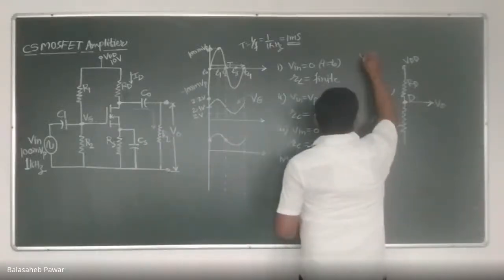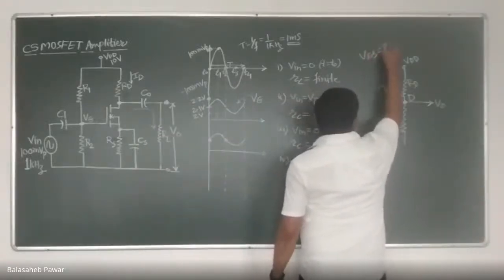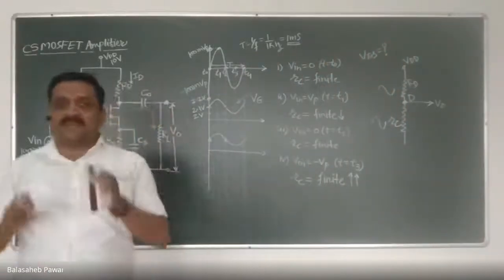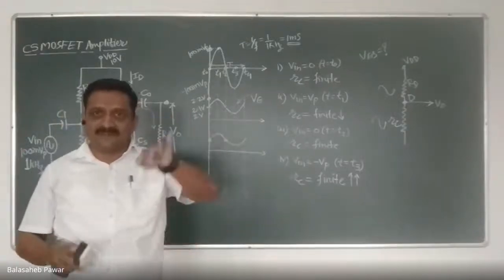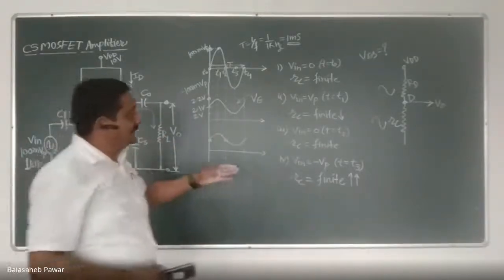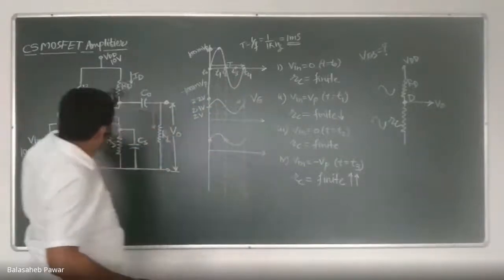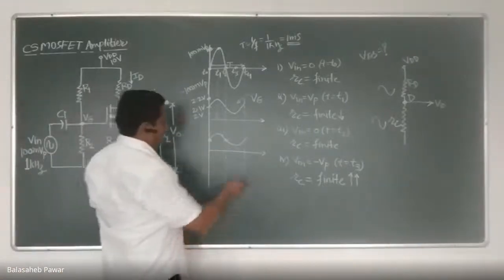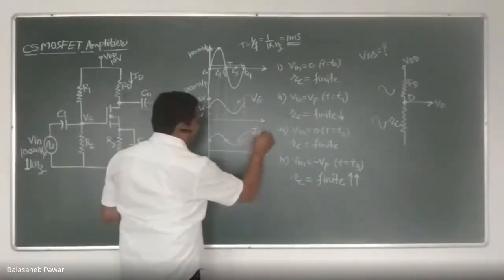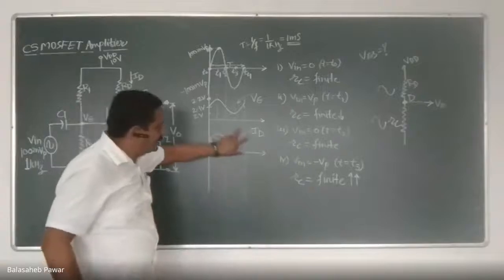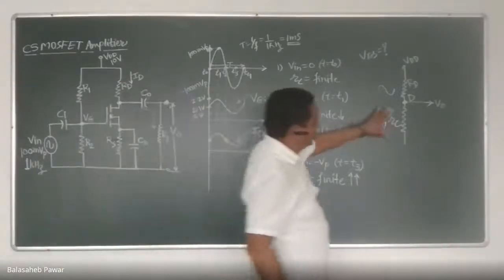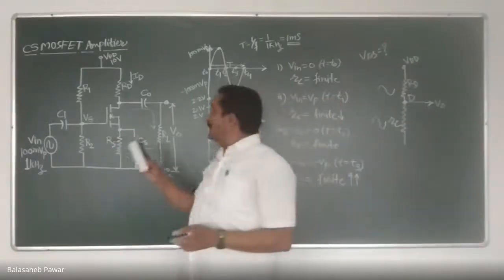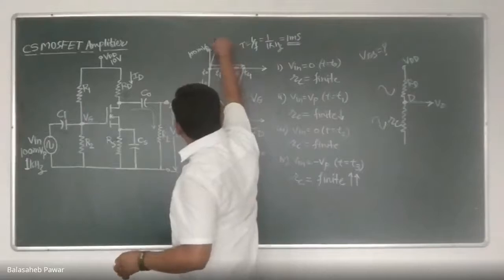See, whenever we discuss this VDS, VDS will be equal to how much? First of all, VDS will not be constant. It also becomes time varying, because whatever ID flows through this transistor, the drain current, becomes time varying. This is the waveform for ID, the drain current. Whenever such a time varying current flows through the channel, which condition are we considering? At t equals T1, the input signal reaches its peak value.